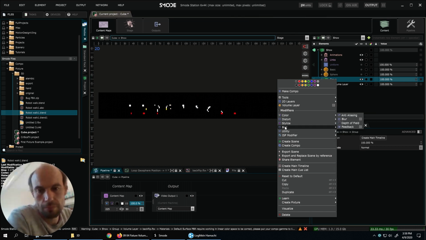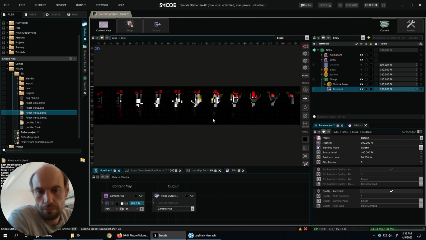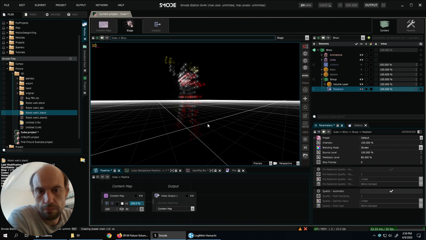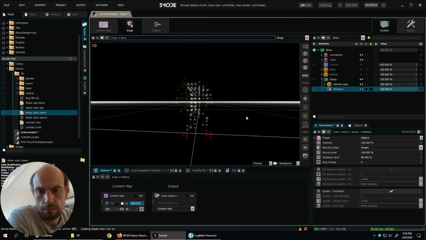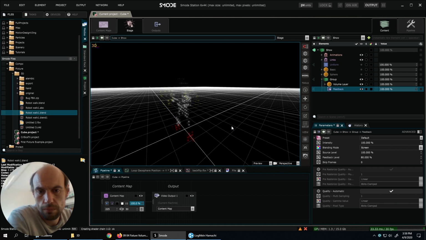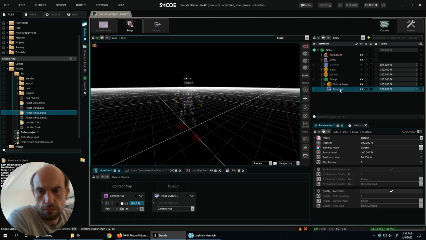And now let's add the feedback. And as we can see, it's directly applying and it's making a trace on the backflip. So I think it answers the question of the feedback with the volume layer.